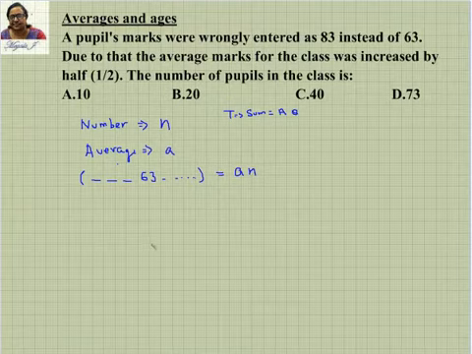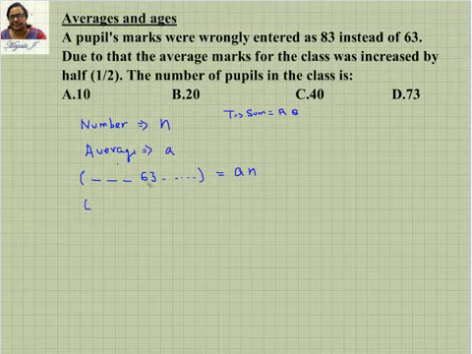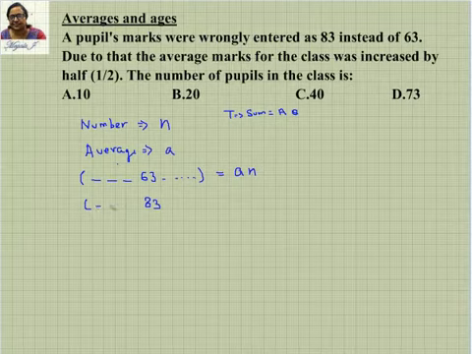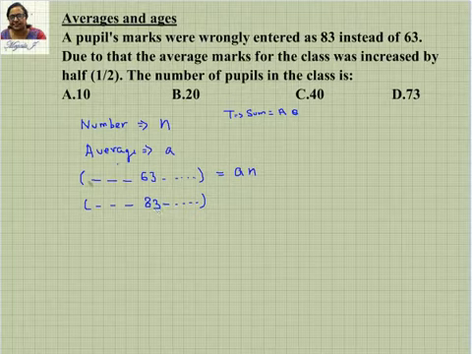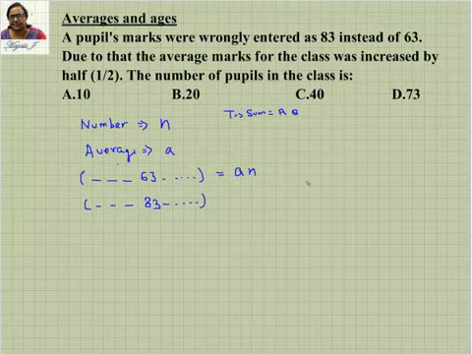Right? But now there is one small change that has happened here. The change is that this 63 is replaced by 83 by mistake. So you have many more quantities here. We don't know how many are there, but this 63 is increased to 83. As the other values are not changing and only this is changed, your total is also going to increase by that number. So the difference between 63 and 83 is 20. So it's increased by 20.